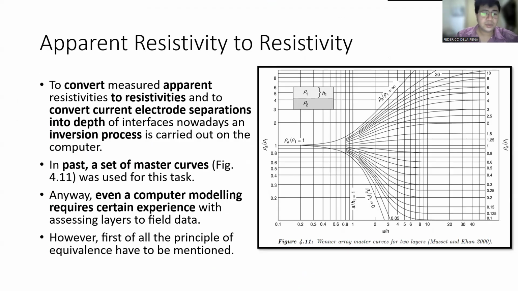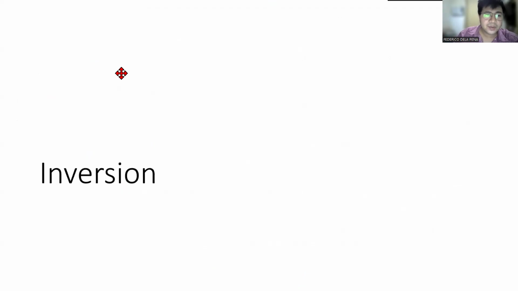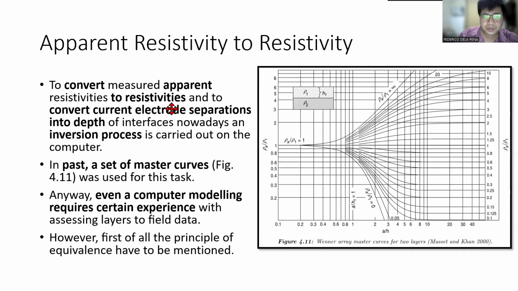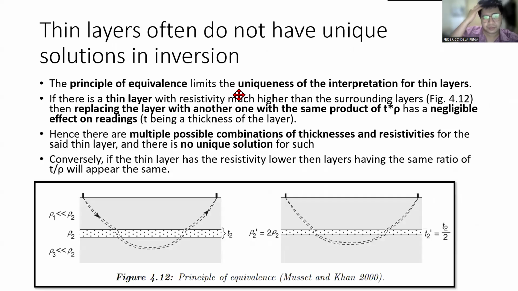Now let's talk about inversion. Inversion is a process for obtaining more or less the resistivities of the layers from an apparent resistivity. One of the concepts of inversion is that there's usually no unique solution. For example, when you have a thin layer,